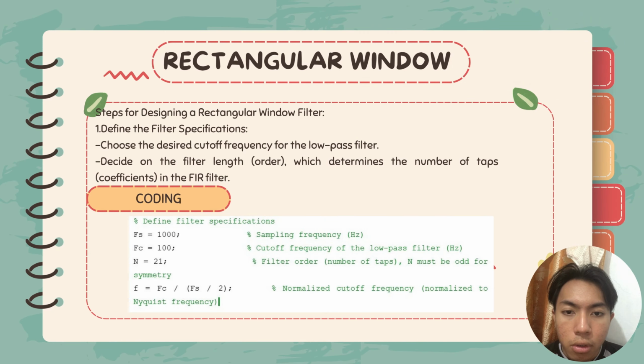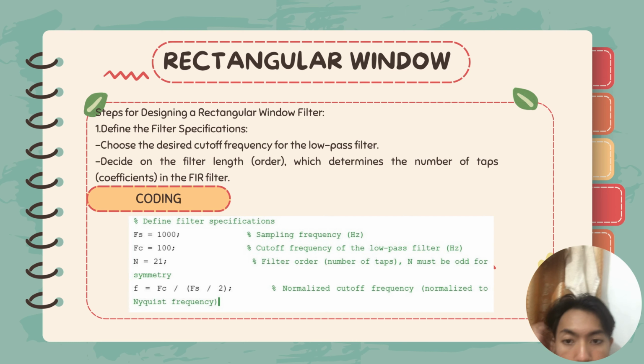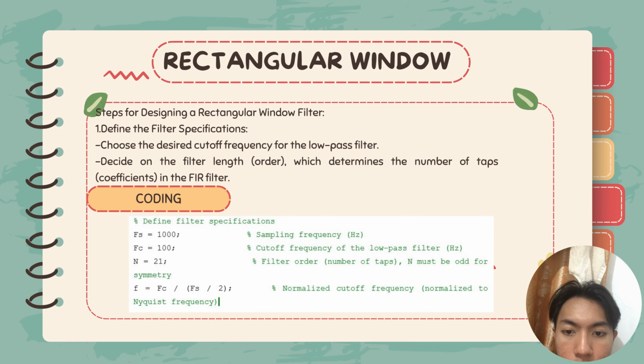Okay, for the rectangular window, these are the steps in designing the rectangular window filter. So first step is define the filter specification. As we can see within the coding, the FC, which is the cutoff frequency, we set the desired cutoff frequency. In this example, we use 100, and decide the